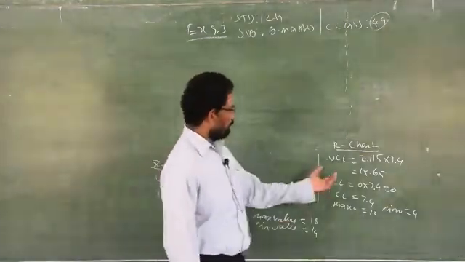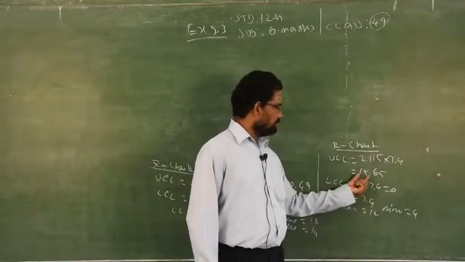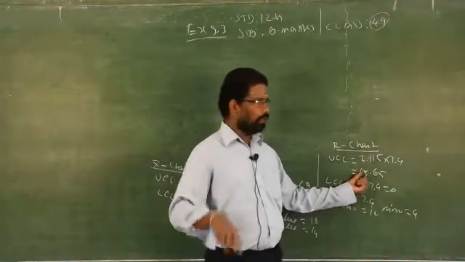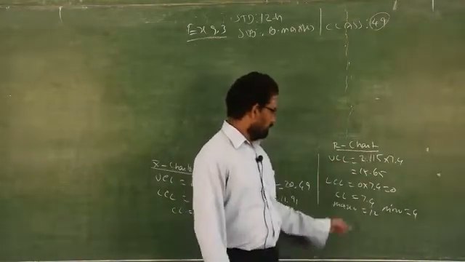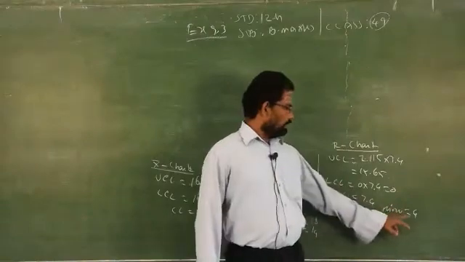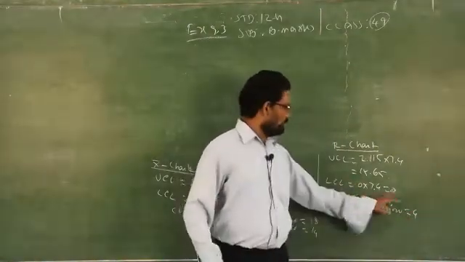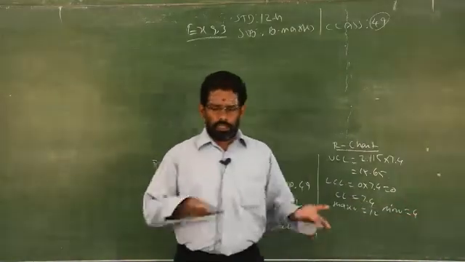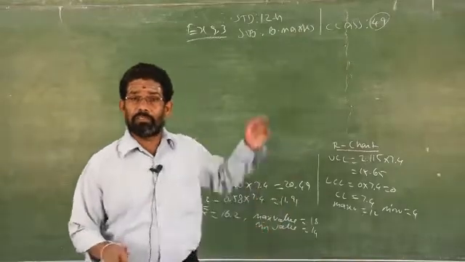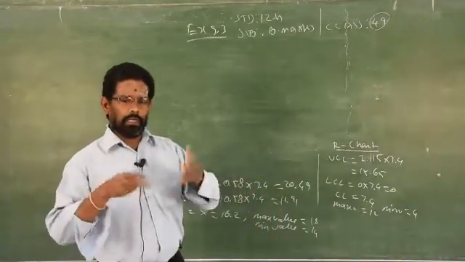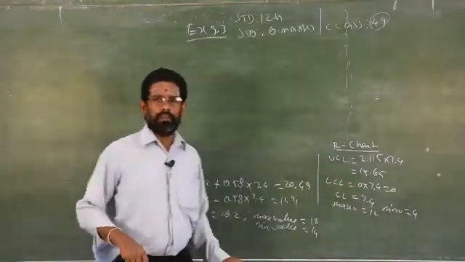Same case you can apply here. UCL is 15, what is the maximum value? 15. So the upper control limit should be more than the maximum value, and it is. Similarly, when you compare the LCL, the minimum value should be more than the LCL. Here the minimum value is 4, LCL is 0. So 4 is more, therefore I can say right now that the process is in control. But you don't write like that, you have to draw the diagram. You can conclude before you start drawing the diagram by comparing like this, clear.